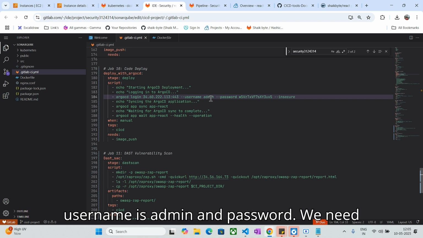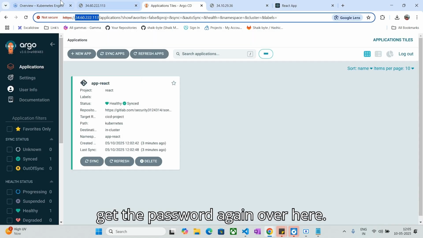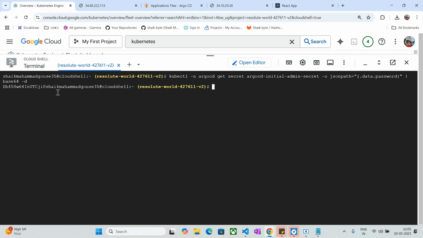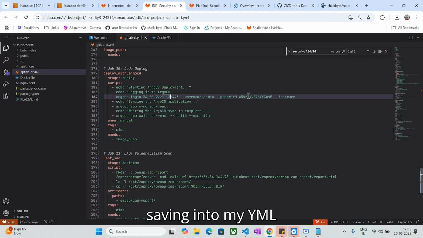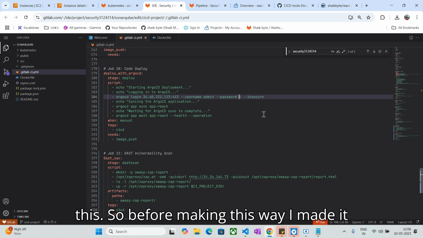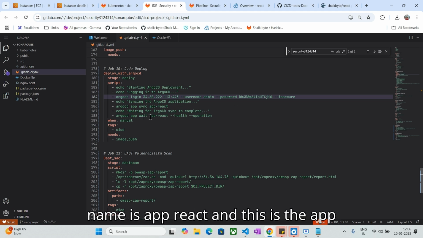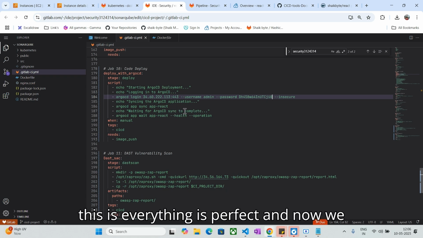The username is admin, and the password we need to change. I think I haven't saved the password. Anyway, I'll get the password again over here. I'll just clear the screen. I'm going to copy the password from here and save it into my YAML file. Before making this video, I did a practice run, so I have already pre-configured it. The app name is app-react, and the image push. Everything is perfect, and now we need to give the